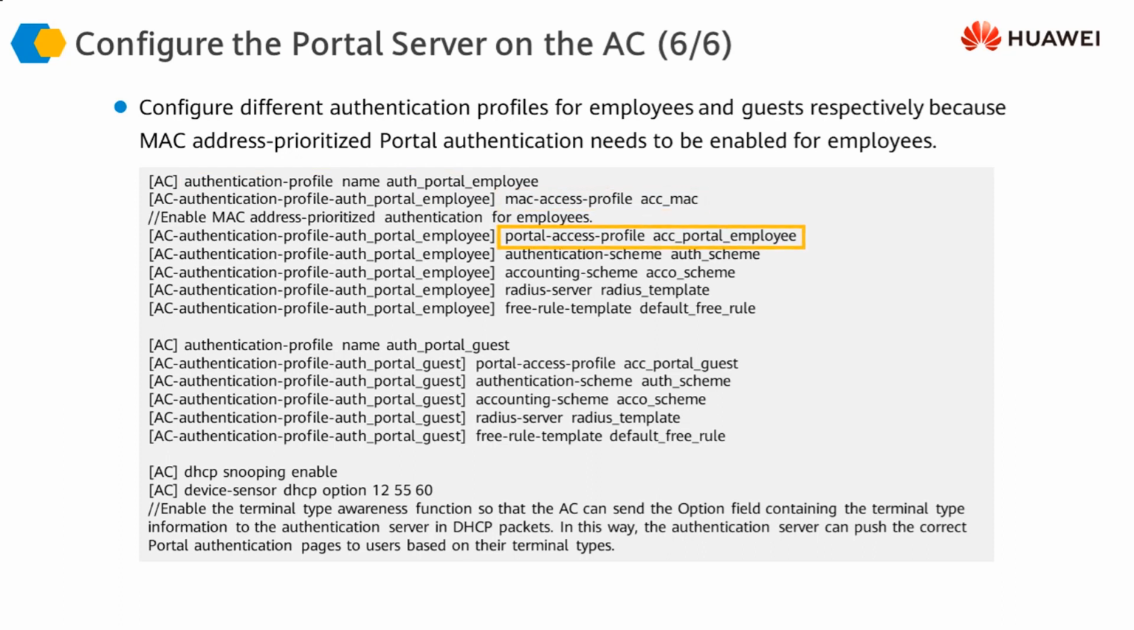However, apart from this, we link the portal access profile to this authentication profile. As you can see, in the authentication profile, we call the portal access profile, then we call the authentication and the accounting schemes, which we configured earlier, then we call the RADIUS server, which we configured earlier, and finally we call the free rule templates, which we configured in the last slide. So all of these templates are called in the authentication profile or in the authentication template, and then we do